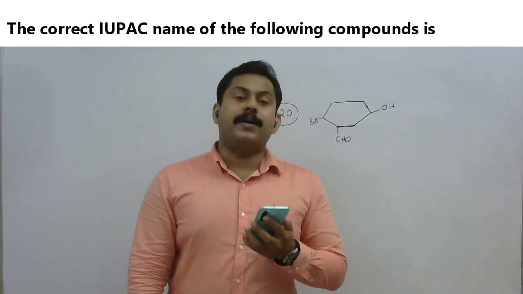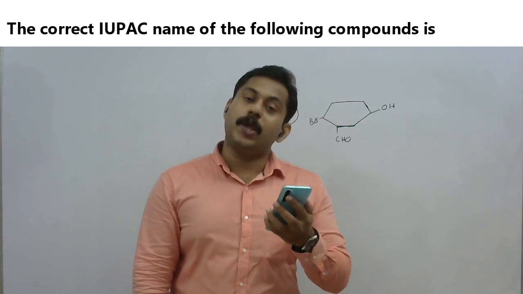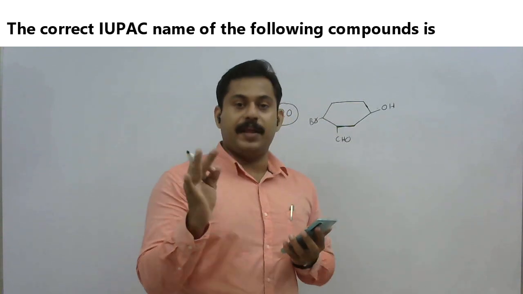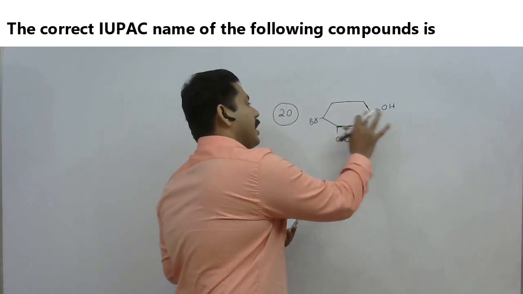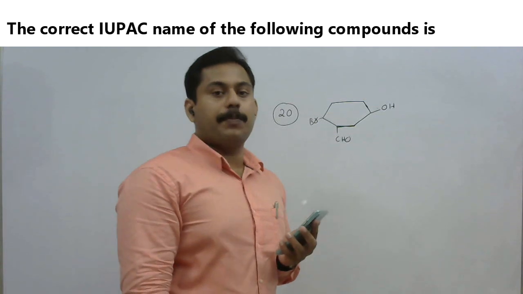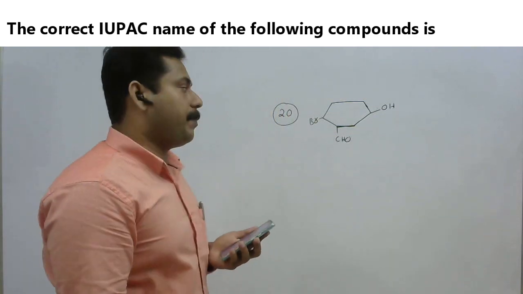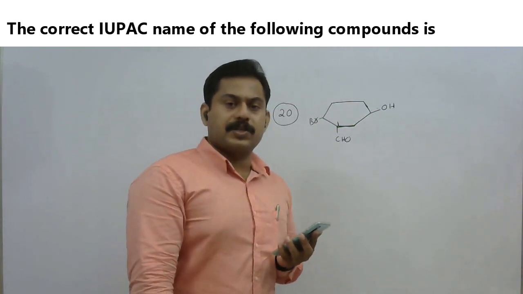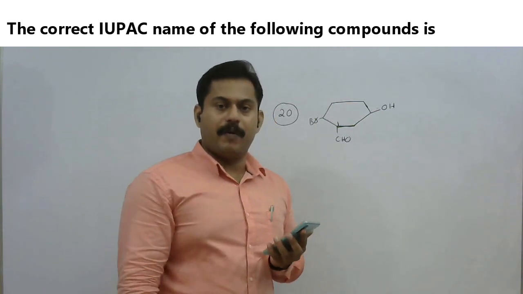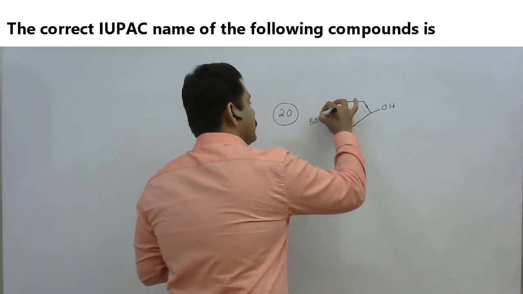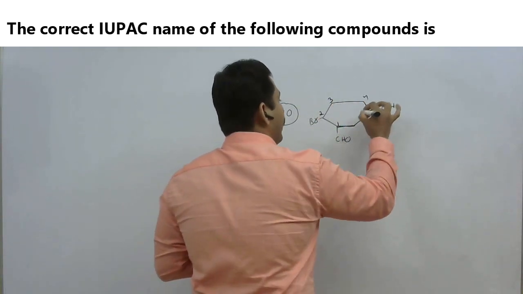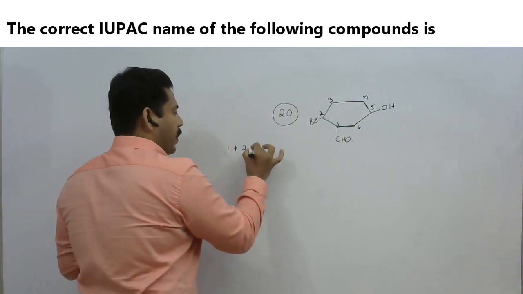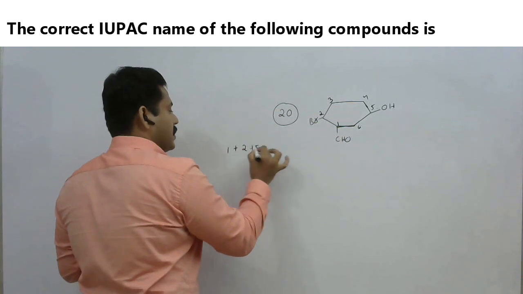Now let's discuss question number 20, the IUPAC naming, right? So we have a ring there, cyclohexane. It contains 3 groups there: CHO, Br, OH. So first, according to the priority rule, the CHO-containing carbon we have to put as 1, right? Earlier we followed the lowest sum rule only. What is the lowest sum rule? If I go like this, it is 2, 3, 4, 5, 6. So where are the remaining substituents? That is 1 plus 2 plus 5. 5 plus 2 is 7, plus 1 is 8.